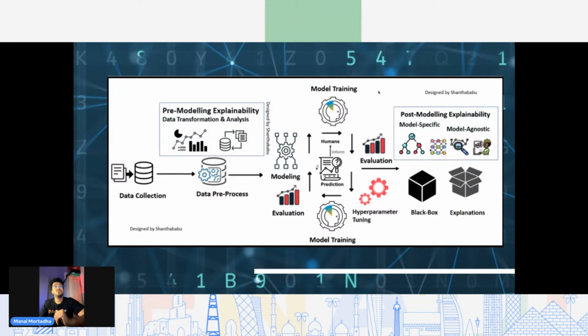Then I'm going to do the training and evaluation again. Then I'm going to see results. But those results, 100% of the time, without post-modeling explainability, are a black box. Even the feature engineering or the tuning of the hyperparameters is not going to satisfy my reason, and to alleviate this black box and to know how this AI model works,